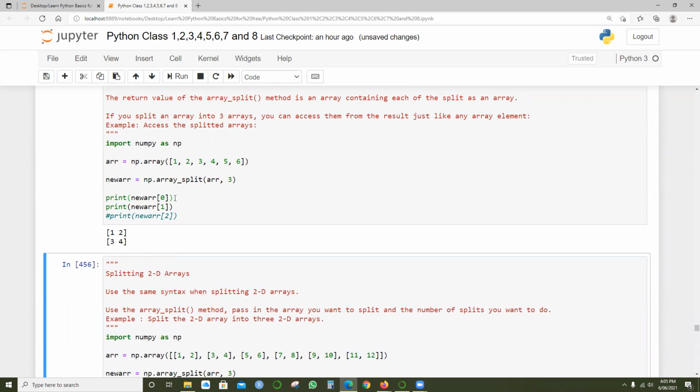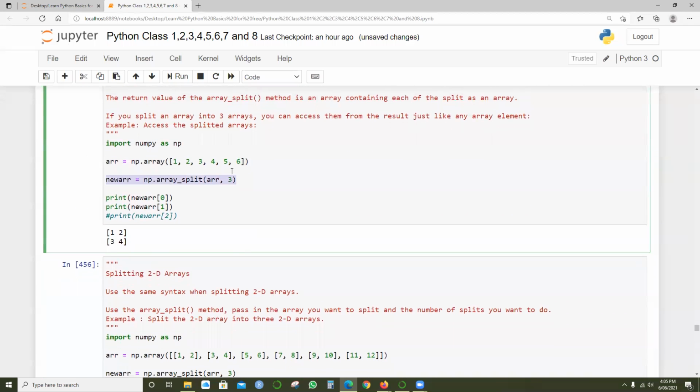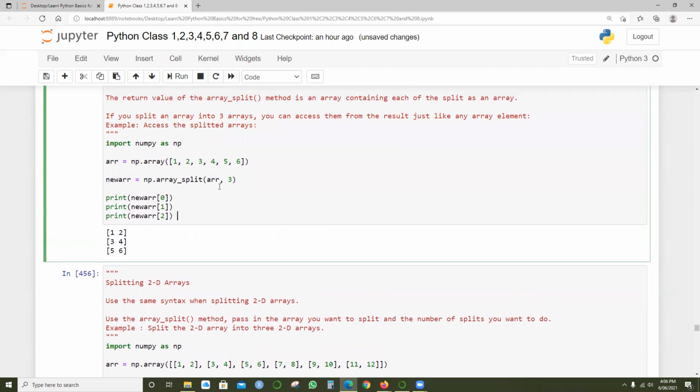Obviously only those elements will be displayed. Even though it has created 3 parts, it shows only 1, 2 and 3, 4, because I have commented out print new array of 2. When I remove the comment, this time it will definitely print 1, 2, 3, 4 and 5, 6. So this is one example of how we can reuse them.